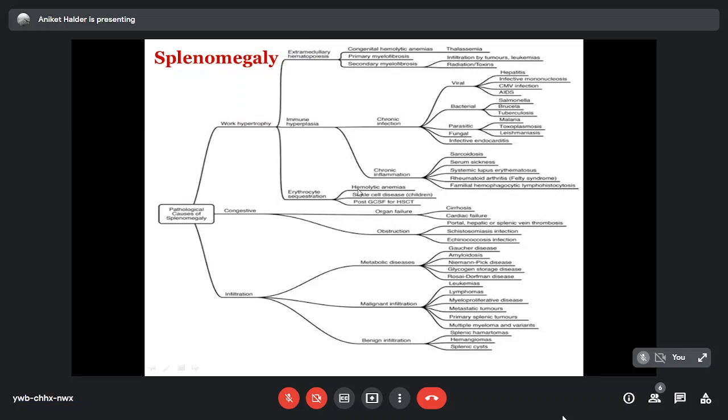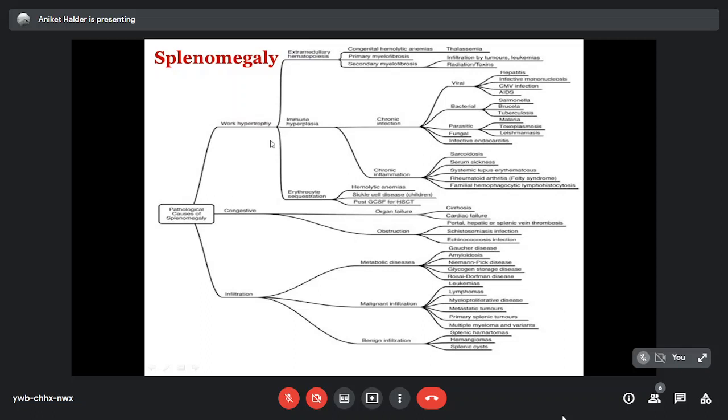But in the early phases of sickle cell disease, we can often have an increased spleen size, and this can be fatal in many cases, where there can be acute sequestration and pooling of the red cells, causing hypovolemic shock. So that I will discuss later. So, in very early phases of sickle cell disease, we can also have splenomegaly due to acute erythrocyte sequestration,